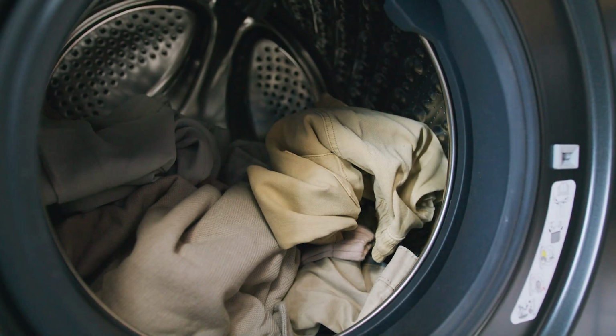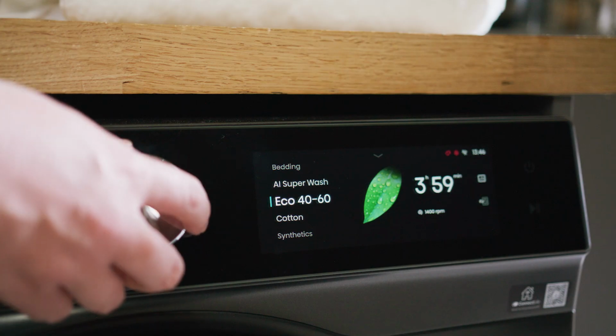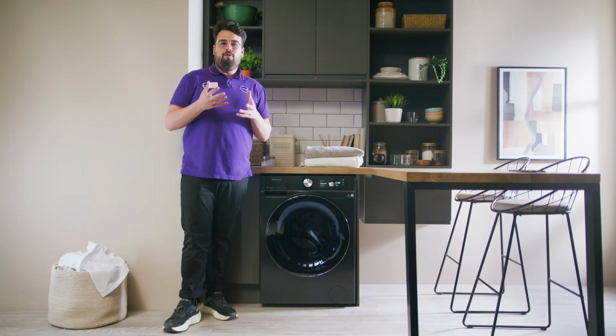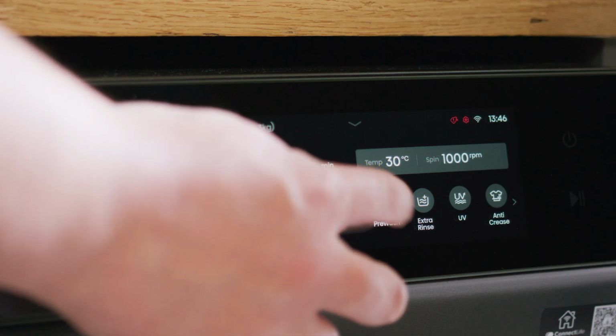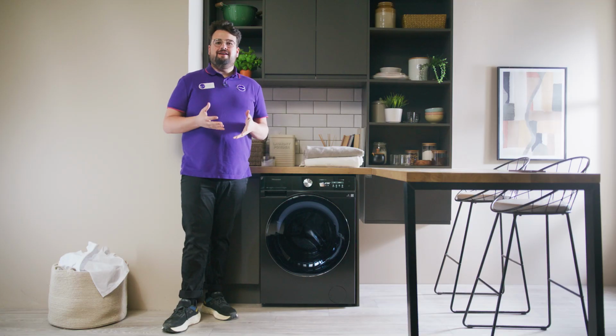It has a smart color touch display which is simple to use, and I personally love the way it looks. Just use the dial or the touchscreen display on the front here to select which setting you want to use. Now there are so many options to choose from, and when you find the cycle you're looking for, you can even adjust it further. Plus, it remembers these settings, giving you a personalized menu, which just makes the whole process